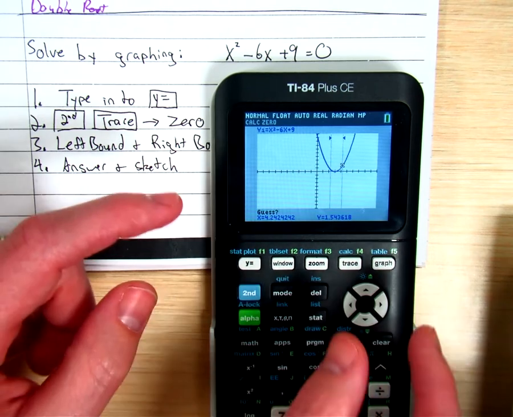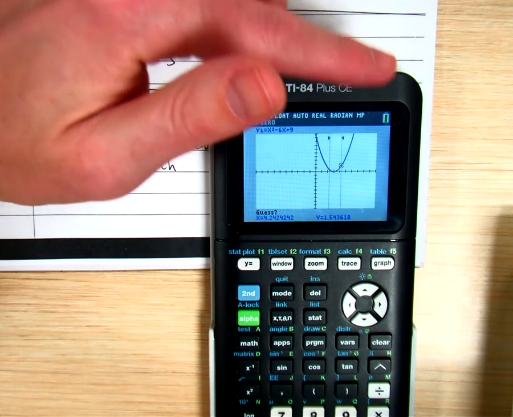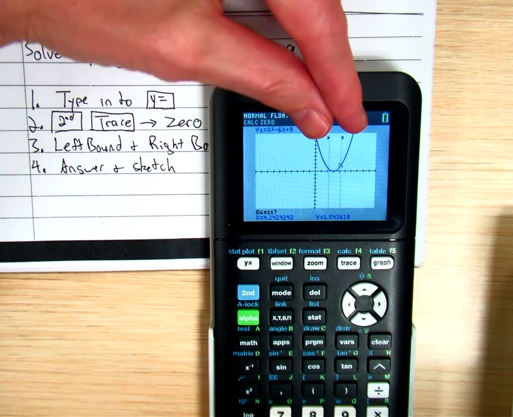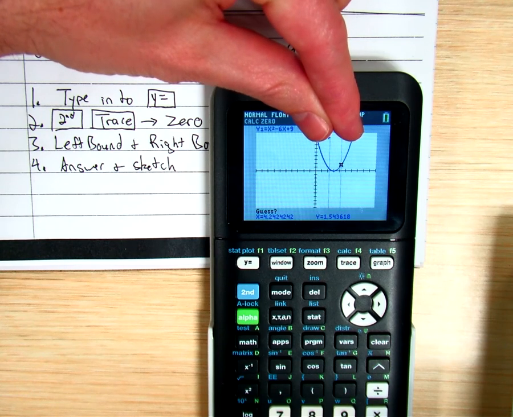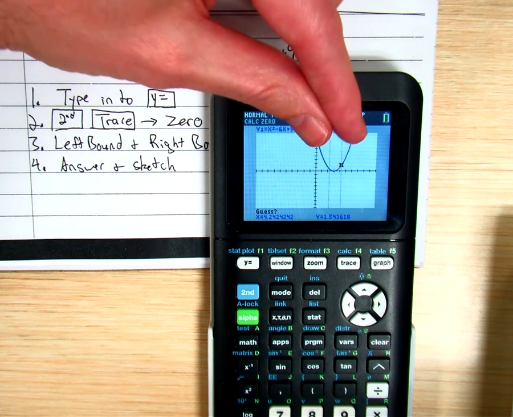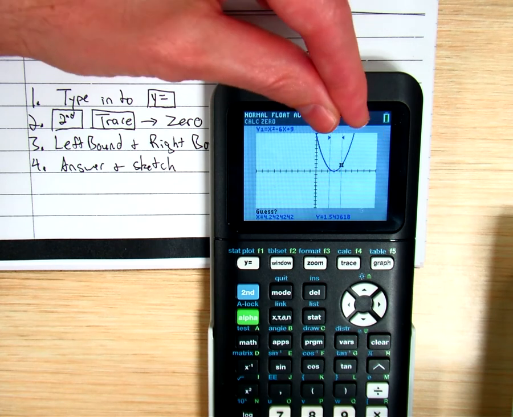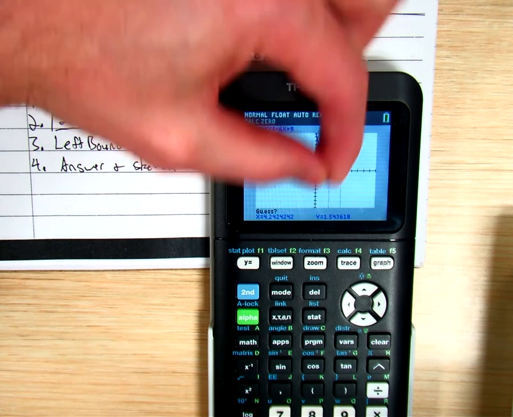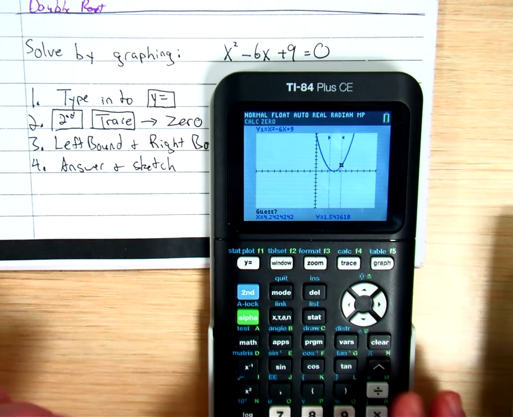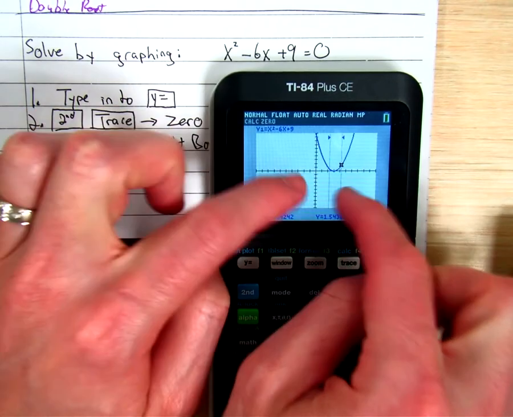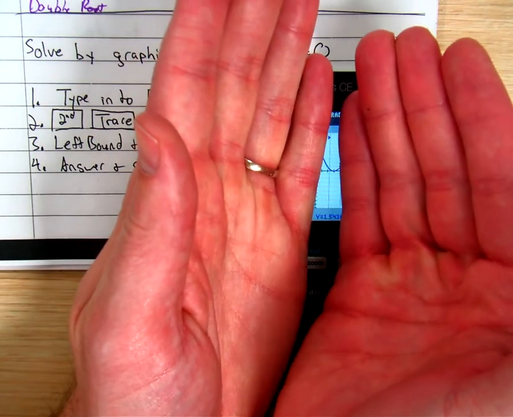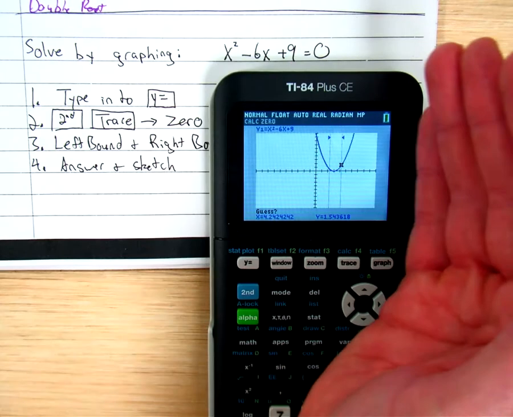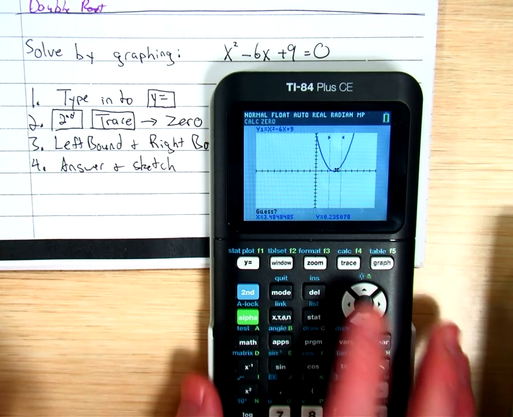And what you've done there, and that's what I do like about these, is it's showing you, hey, I'm only looking between these 2 lines, and you're telling the calculator, find where I cross 0 or touch 0 between these 2 lines. Okay, because these graphs go out forever, infinity, both directions. So what you're doing is you're squeezing it down and telling the calculator, hey, only look between here. And guess in the middle,